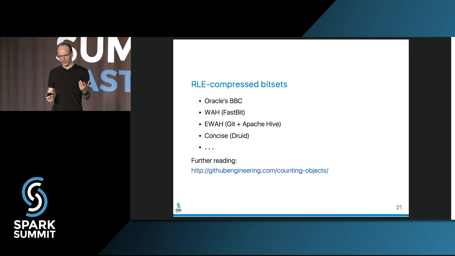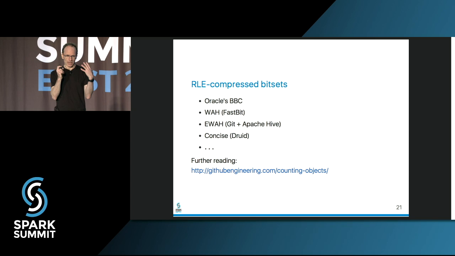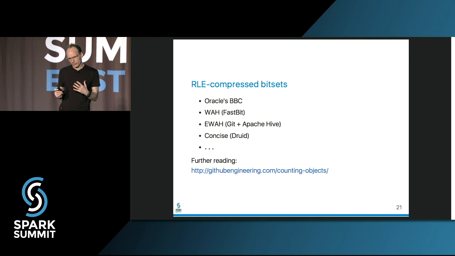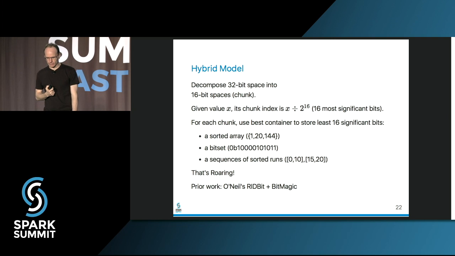There are all sorts of cases where it's kind of bad. For example, we would want a compressed bit set to have the same performance in the worst case as a bit set. When the bit set is really the most appropriate, it's basically not very compressible. We would want the performance to be roughly the same as a bit set. We don't want compression to come at too much of a performance cost, but these formats sometimes fail to deliver. So a few years ago, we went back to a model that had been put forward by Patrick O'Neil and also by the folks from BitMagic, and we decided to